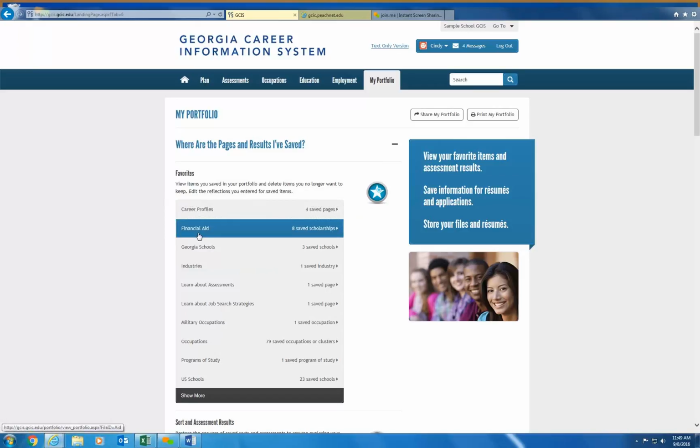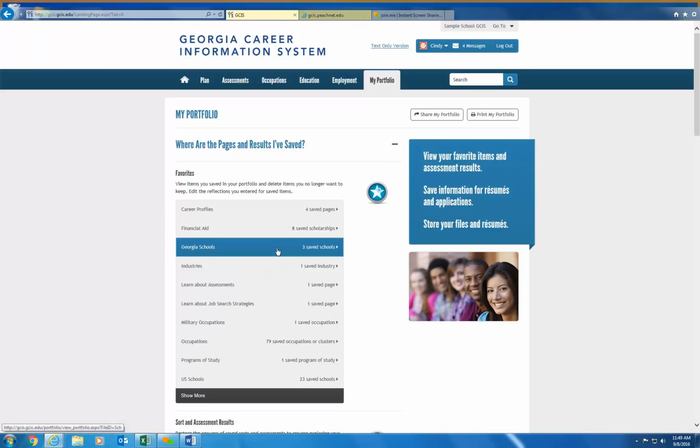I have 8 financial aid scholarships that I've saved, and by the way, GCIS has $10 billion worth of financial aid within it. I've saved 3 post-secondary schools, and these schools will count towards my 11th grade career advisement milestone, which stipulates I have to save 3 post-secondary schools.